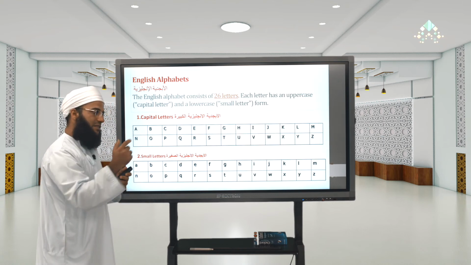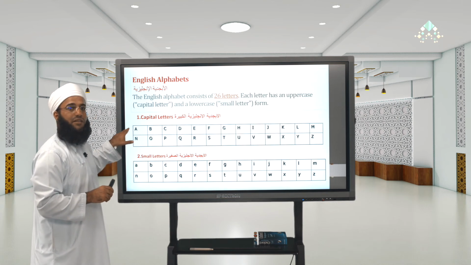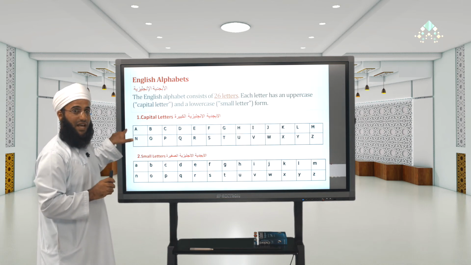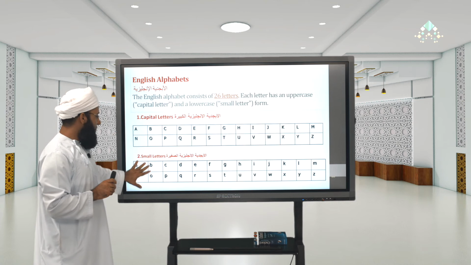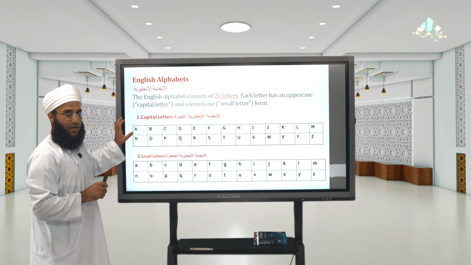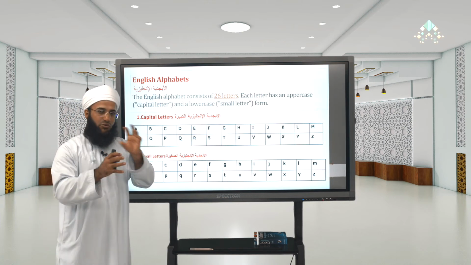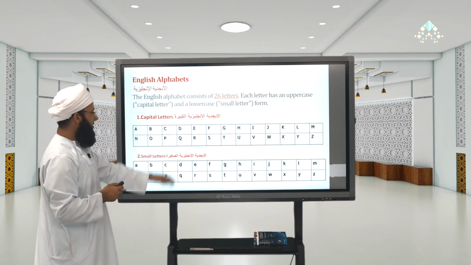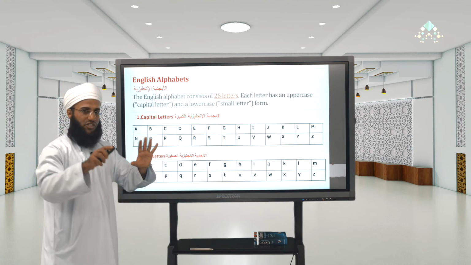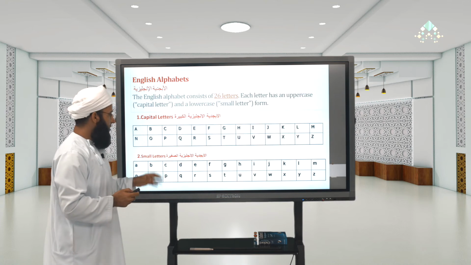Later on there are some words that must start with this. Must have this. And some of them, they start with this. And there are cases and rules when we write with a capital letter. Okay, but you need to know it. So you can distinguish between the capital and small. So this is a general thing that we want you to be aware of.